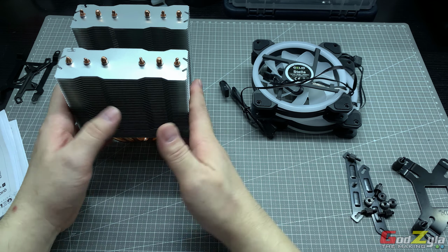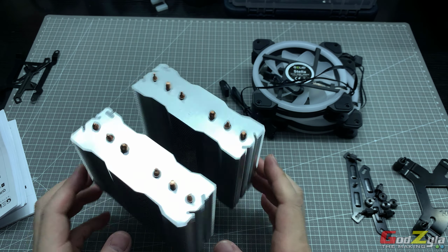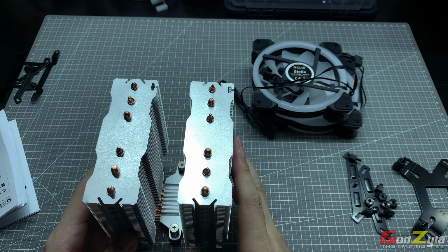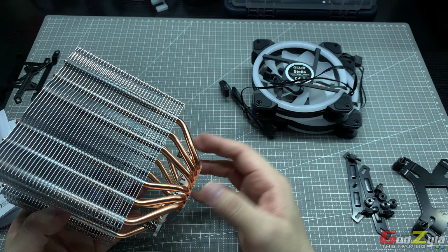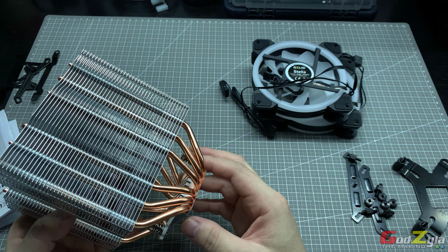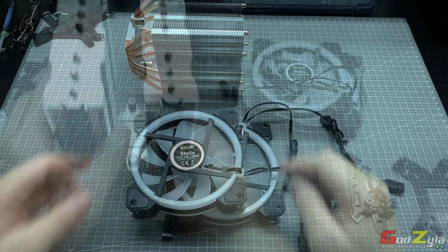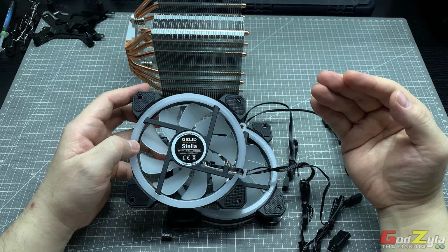Speaking of which, the thermal tolerance of this heatsink itself is up to TDP 220, and sad to say, you can't mount this on a 12th gen Intel processor. I believe there is an additional bracket if you inquire. If you purchase this heatsink, you will need to inquire from Gelid saying that you need the 1700 bracket. These are the Gelid Stellar fans, which I've actually done a video on